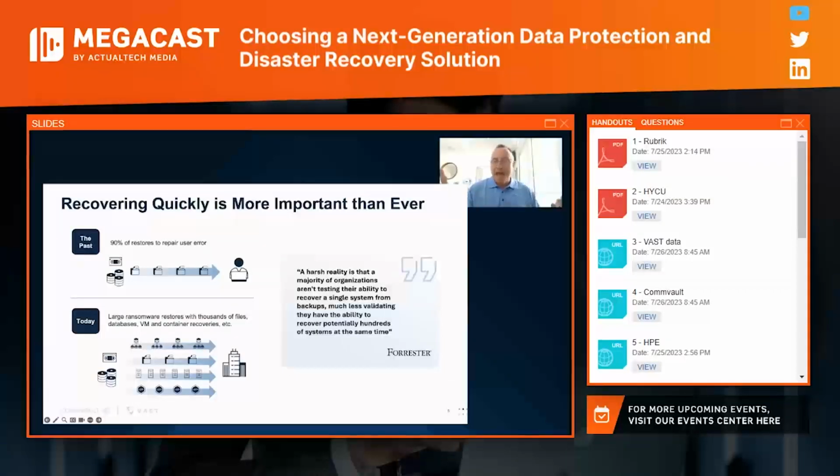And then over time, in today's world, it could be something simply around a weather event, it could be a power event, or let's be honest, if it's really going to be about cyber events and the need for cyber resiliency, you may need to recover everything, not just something.